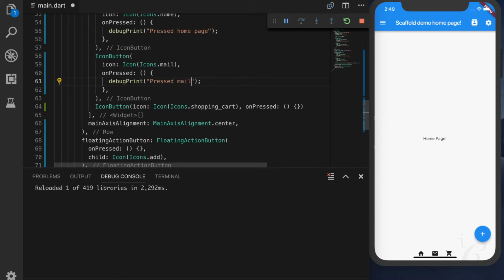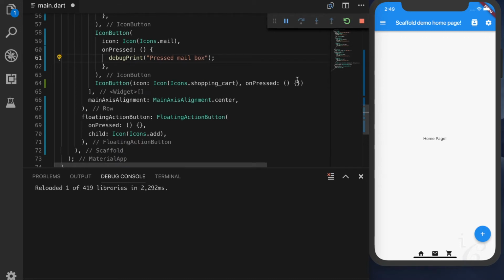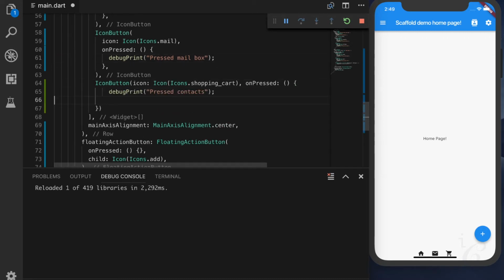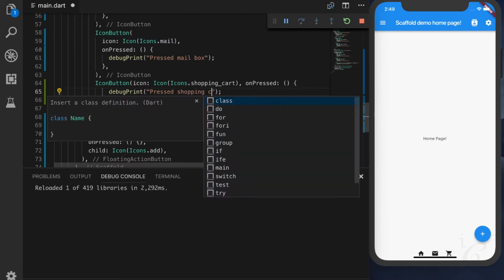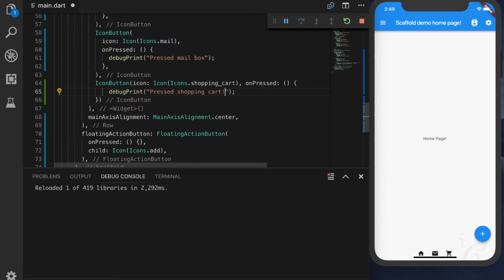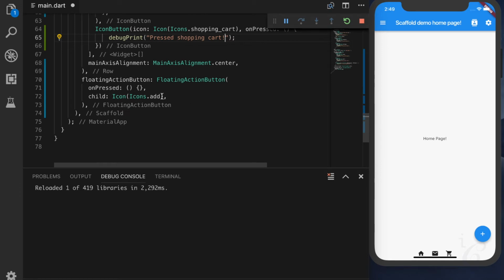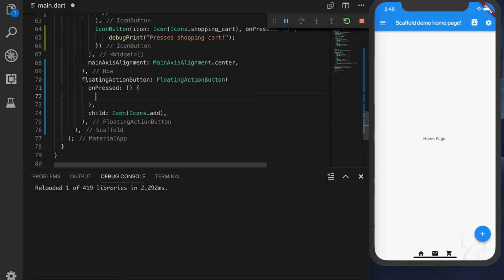Here it is mailbox. And the last one is, of course, shopping cart. These are the ones available for the navigation bar, and for this one it is pressed floating action button.